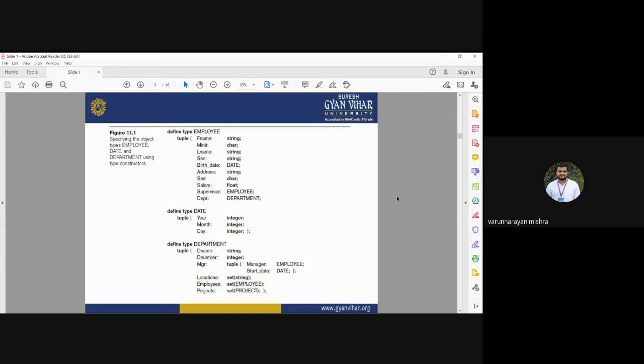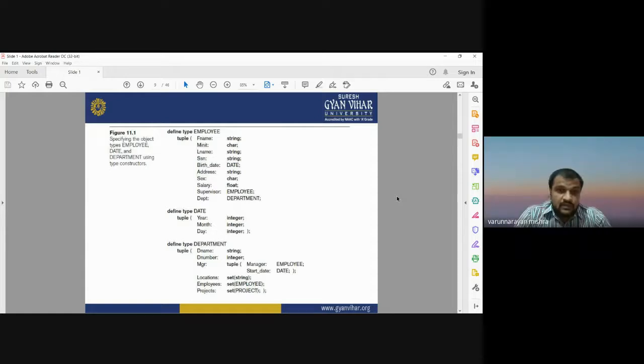When we talk about relational database management, employee can be considered as relational data, data that is having some values in the form of text, numbers. Here also you are having some text, some string, some number, but we consider employee as an object, not as relational data. It's a kind of object that will have different kinds of types, that may have full first name, middle name, last name, and other information about that object.